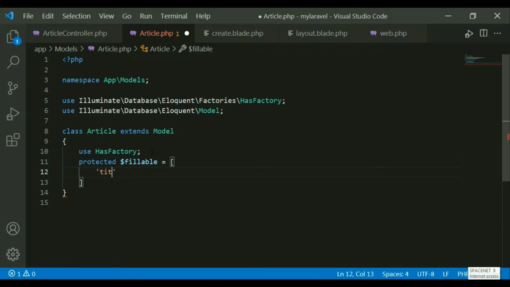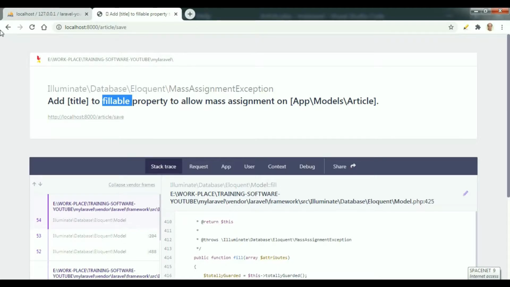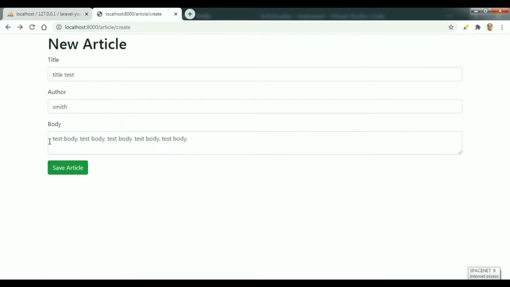That is the title, all the fields, author and body. So this thing I have to do, semicolon here. Let's go back again, and this is my form, and submit it.